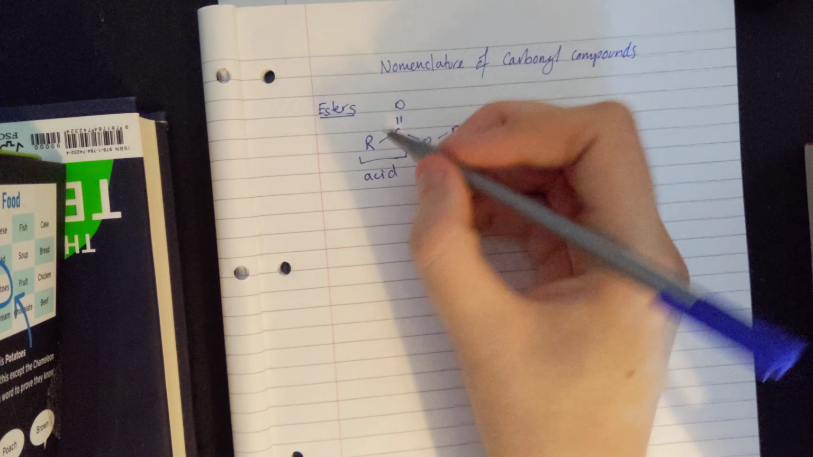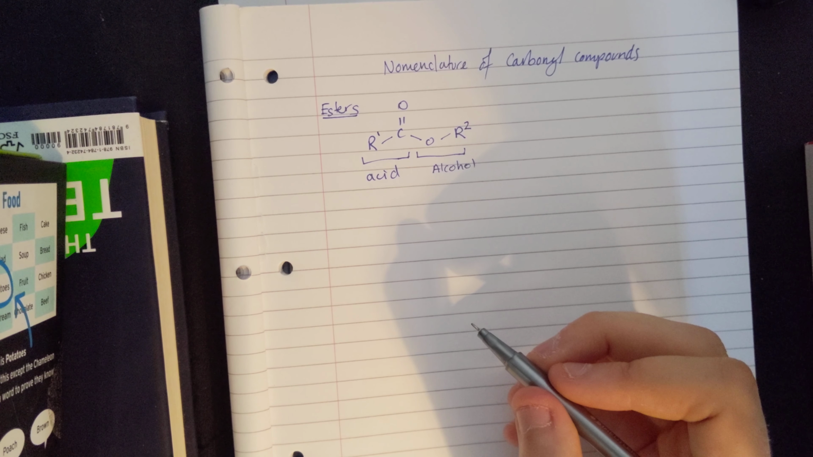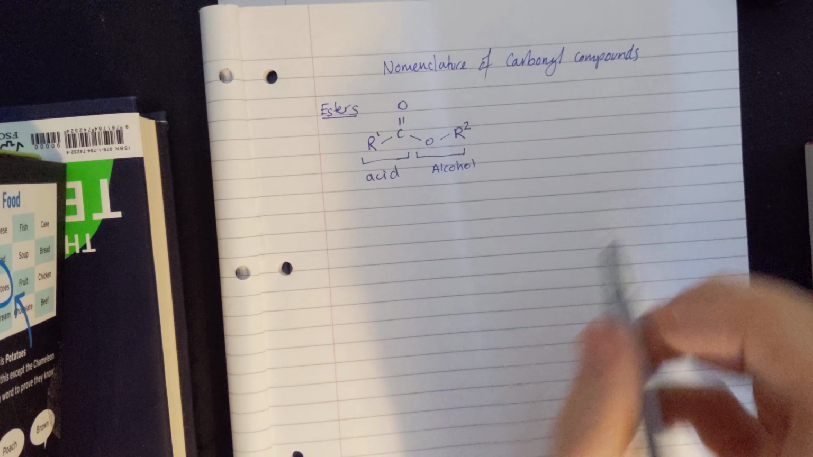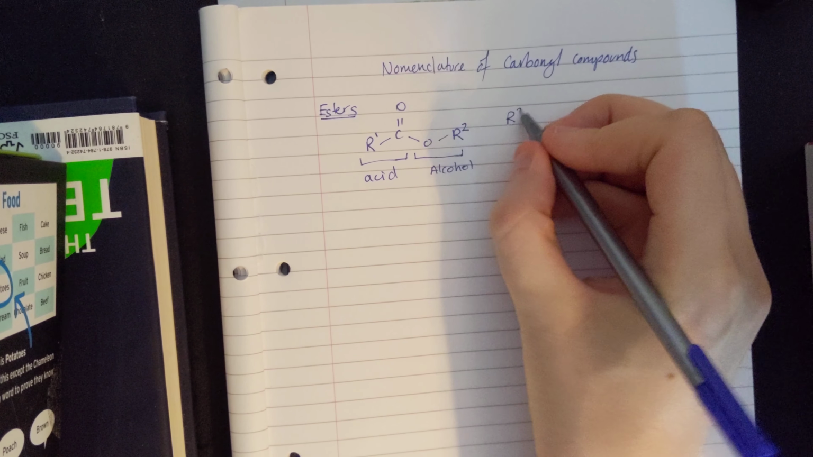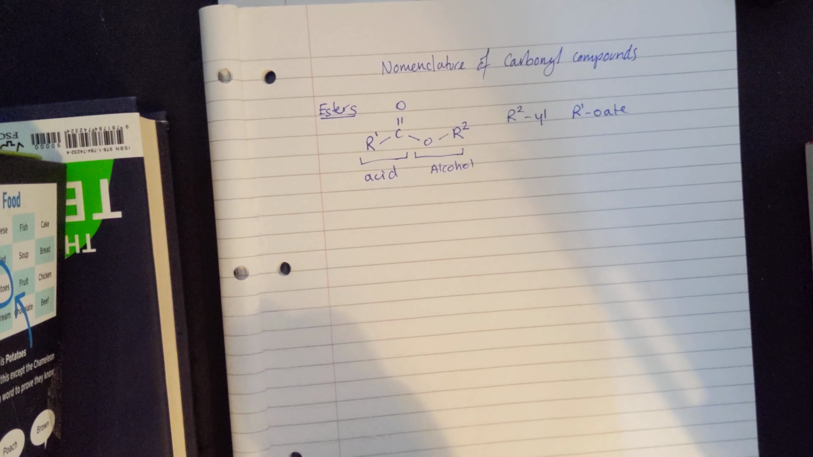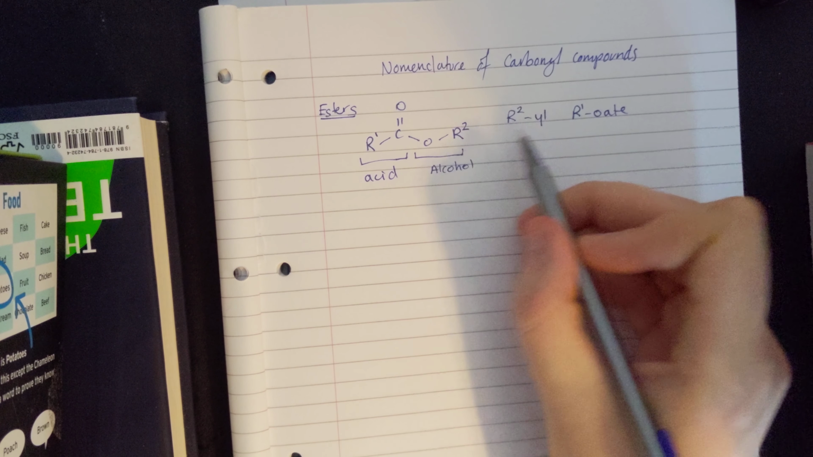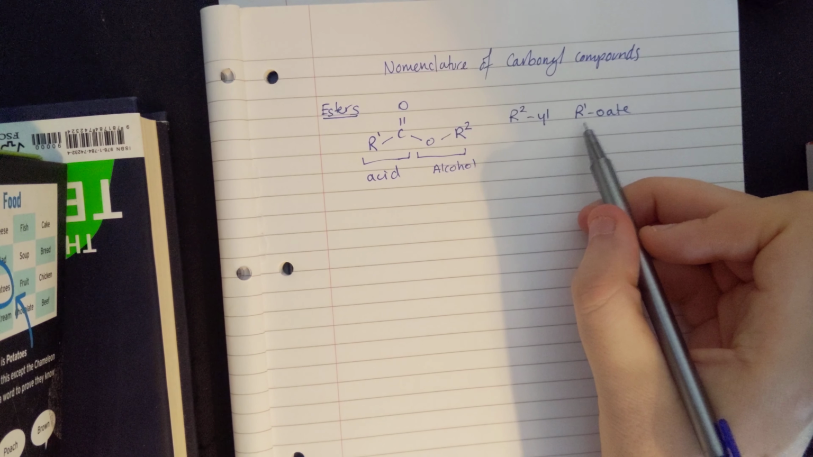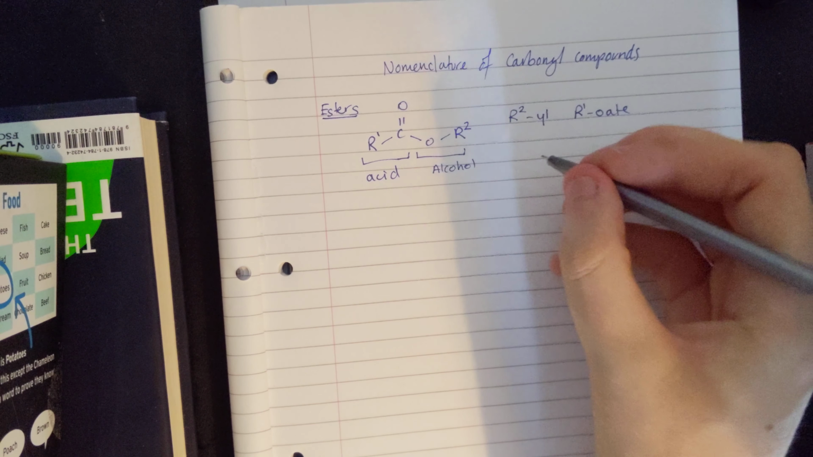Now if I put this one as R1 and R2, we can establish a naming system for them. So the general name we're going to have for the ester is R2-yl R1-oate. So we're going to look at whatever R2 is, put yl, a bit like we do with methyl, ethyl, propyl, butyl, and then we're going to look at whatever R1 is, and then oate, the suffix for an ester at the end. So if I do an example,